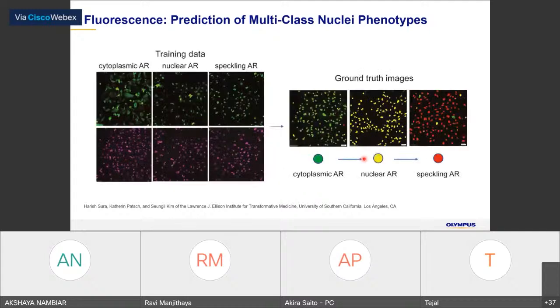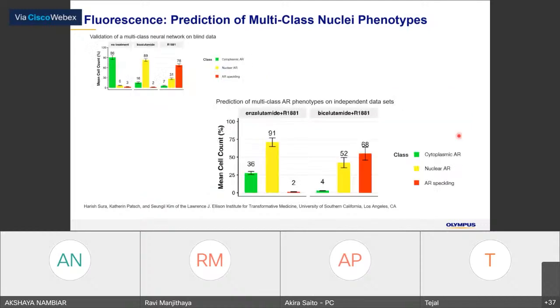Then he can get a very nice result. So this is the training data using the 100% cytoplasmic AR sample, this one is the nuclear AR, and this one is the speckle AR, and we tell it that this one is cytoplasmic, this one is the nuclear AR, and this is the speckle AR.